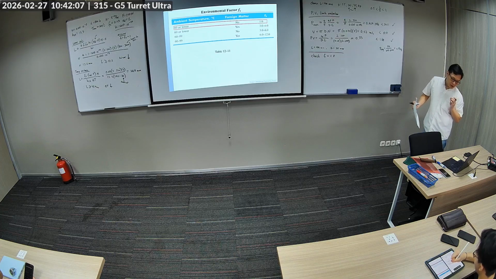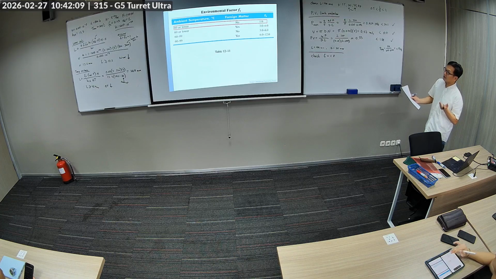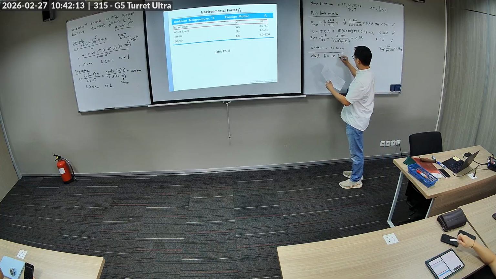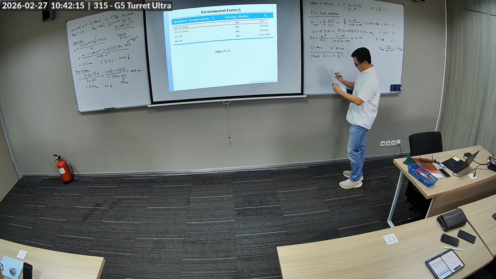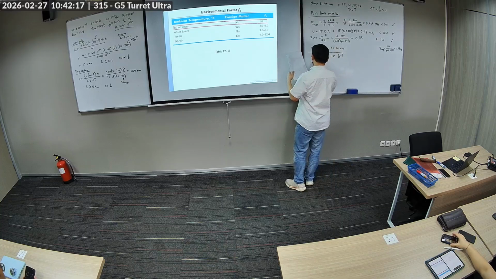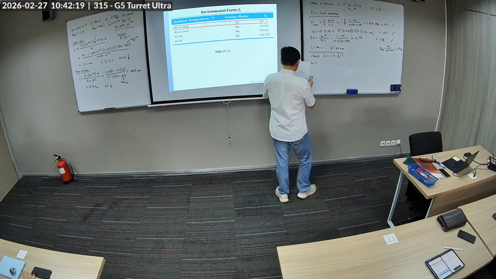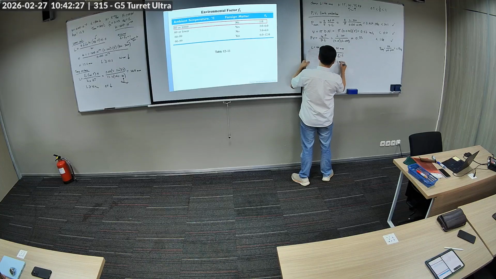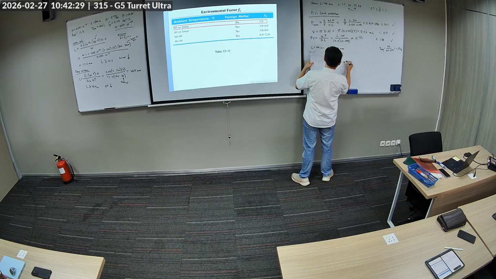Okay, the ambient temperature is 60 or lower and no foreign matter. So F2 is still 1. So let's recheck our wear. Okay, so 4 times 1.8 times 1 times 1207